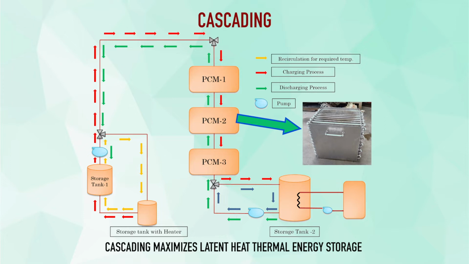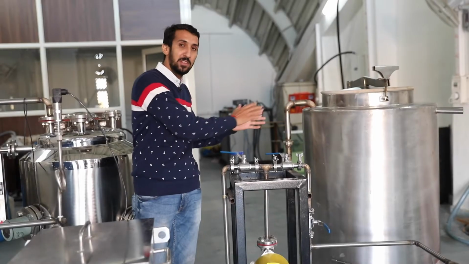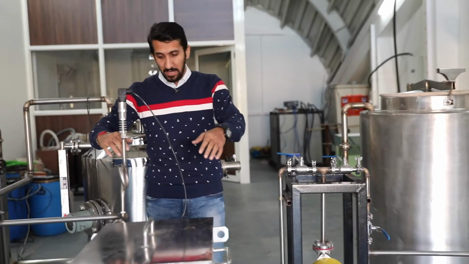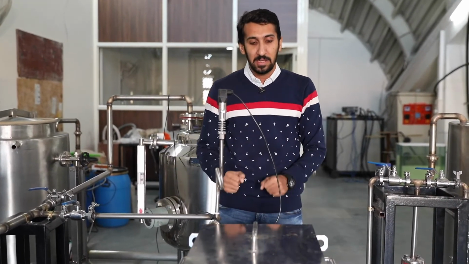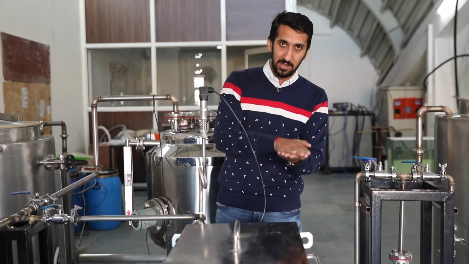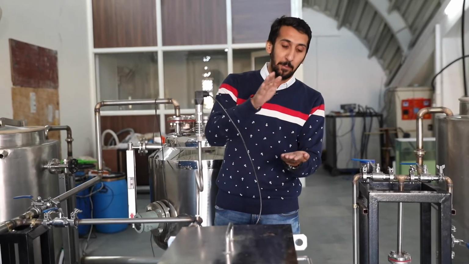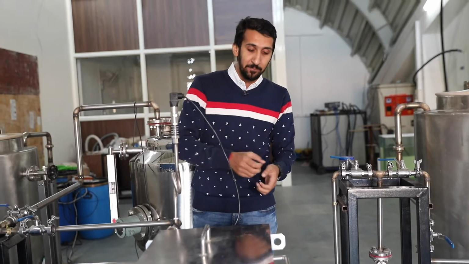After flowing through all these heat exchangers, this is our second SS container, so we will store that HTF in this one. This whole piping system and these heat exchangers will be insulated, so we can store that energy in the form of latent heat. So we can melt the phase change materials, and if we have to use that energy, we can